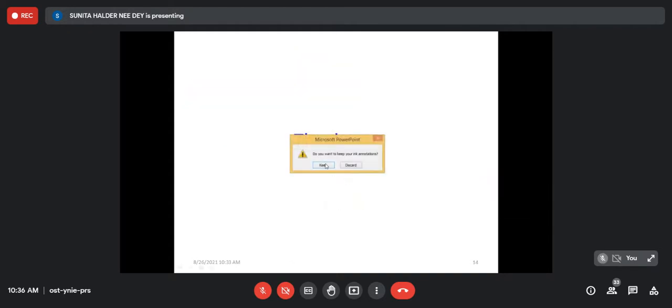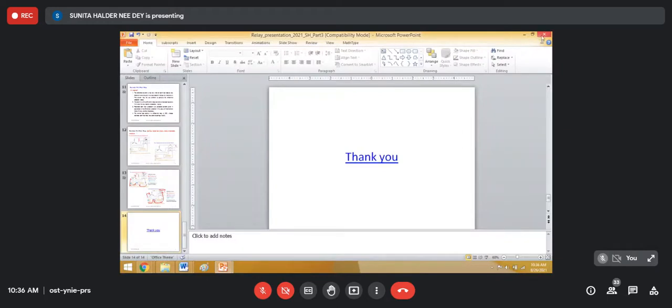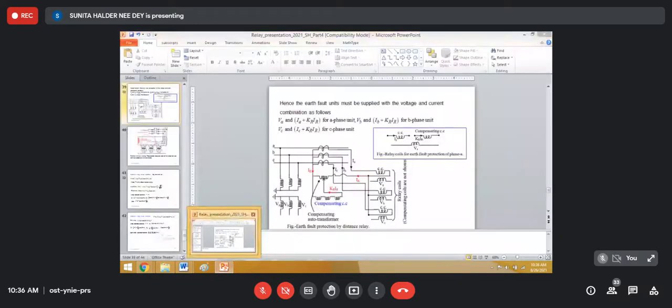So that's for the differential relay. Next is